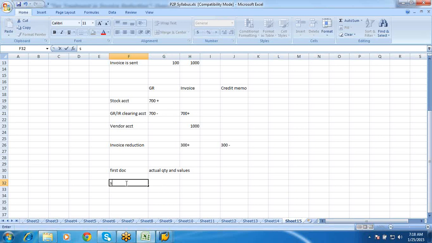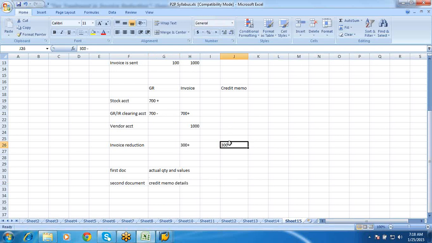The second document will have your credit memo details, that is this 300, wherein we would be expecting an invoice and also the material.